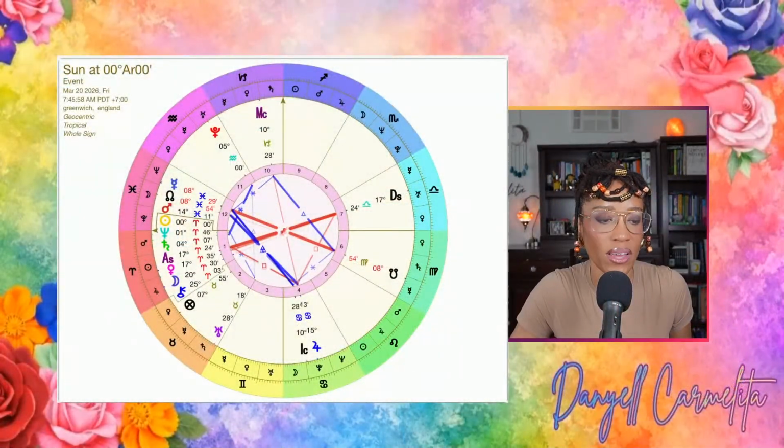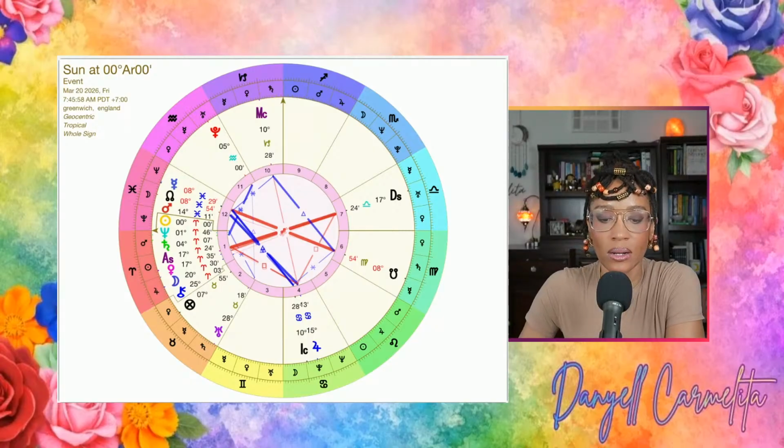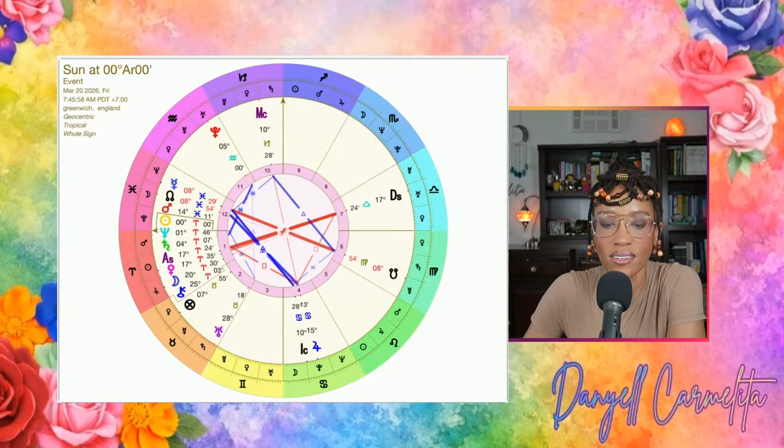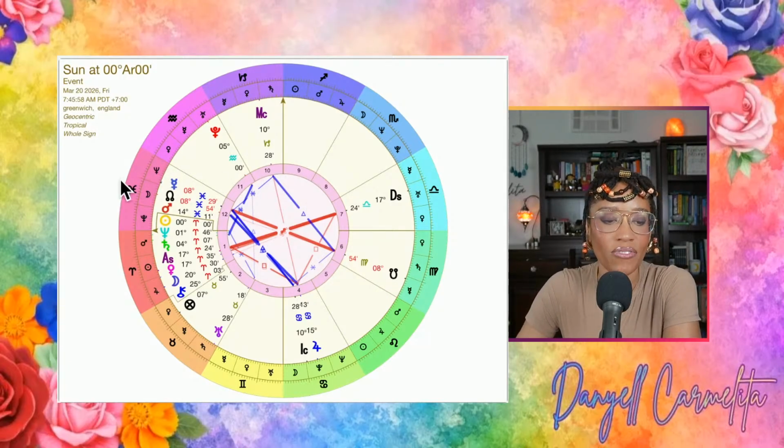Okay. Now let's look at the chart. I'm going to bring the chart up, and we are going to see what we have for our spring equinox. Okay. So Aries, here we are. Now, first thing I want to look at